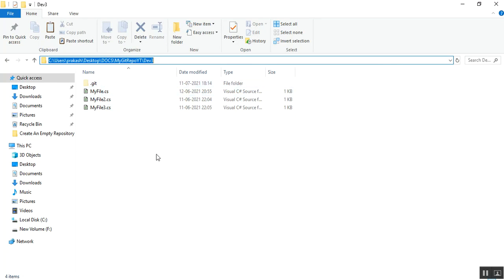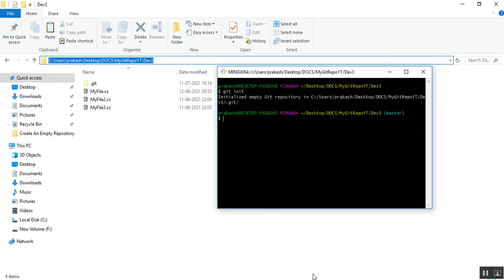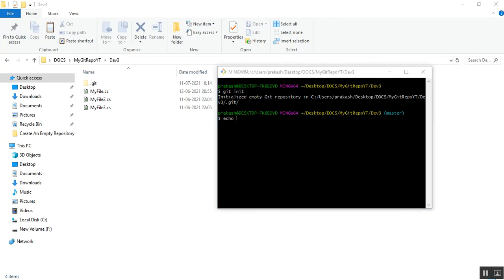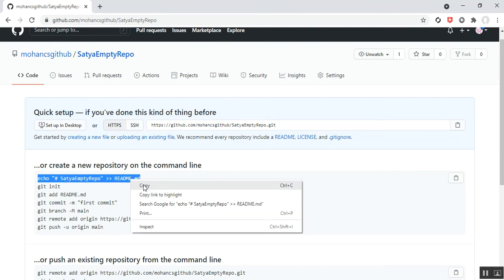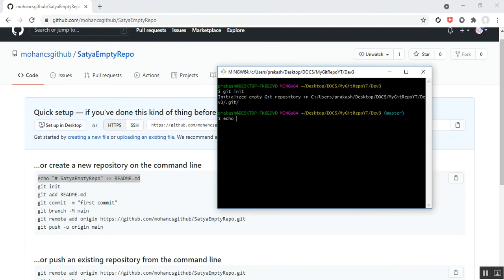Okay, now what I'll do, I want to add one readme.md file to the dev3 workspace using a command. So I'll use the hash, and I just echo, you can use this one, echo something like this. So I just copy it here and paste it here. If I click enter,